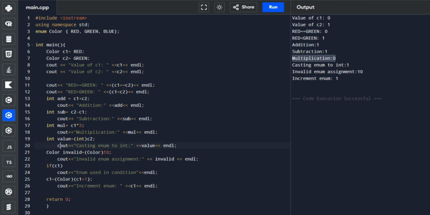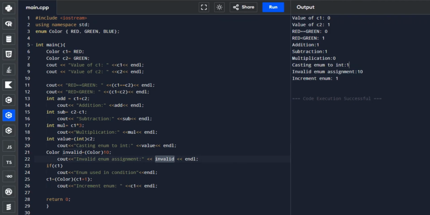That is why it displays 10. Because we are assigning an invalid integer value to the enum, it displays the value of invalid, which is 10.